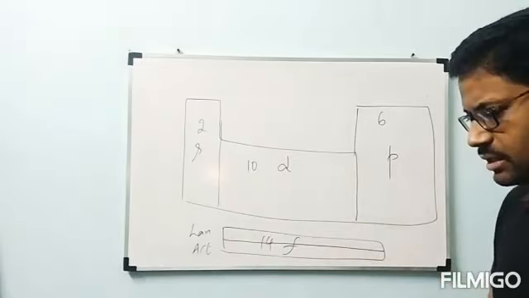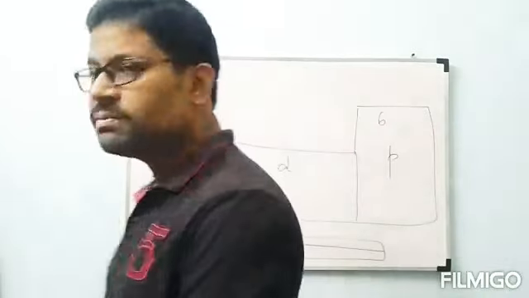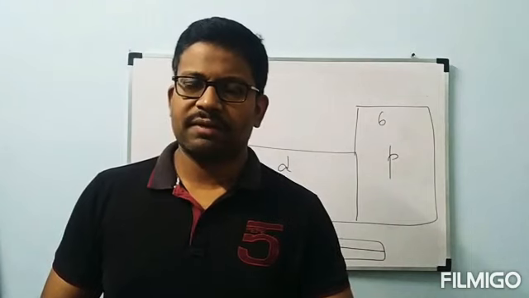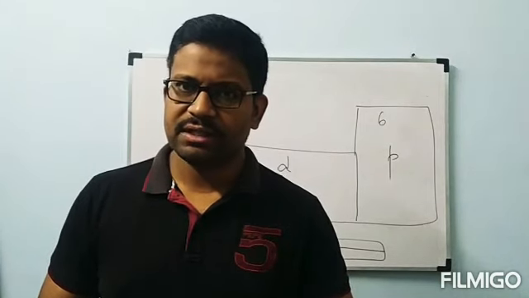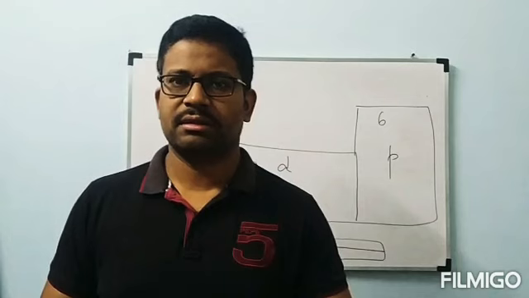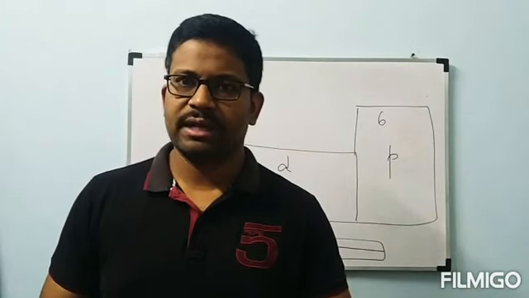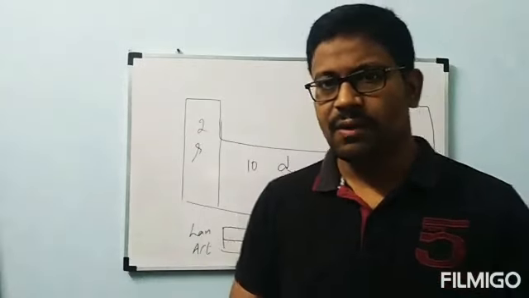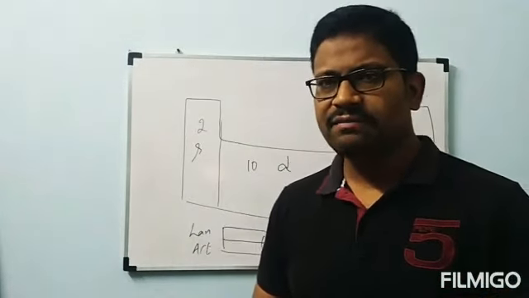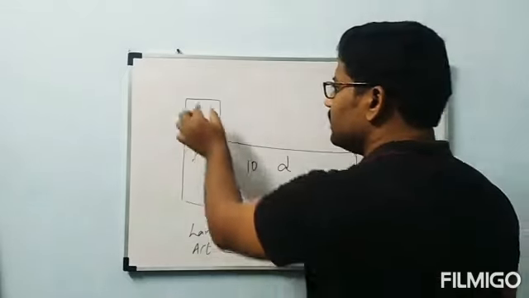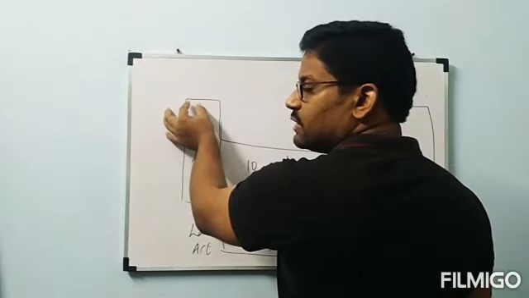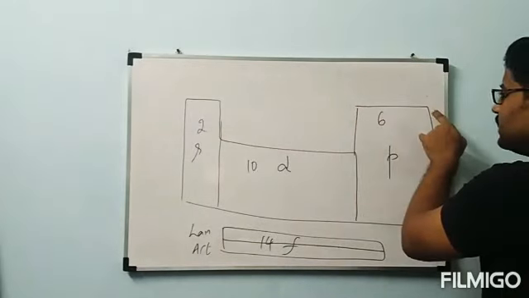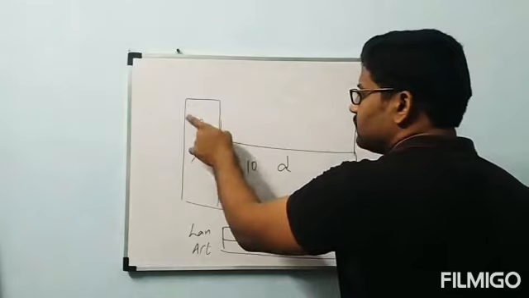In this modern periodic table, what is the main constant property we have taken? Atomic number. Physical and chemical properties of the elements are periodic functions of their atomic numbers. What is meant by periodic functions? When we arrange the elements according to their atomic numbers, after a certain interval, repetition of properties will happen.